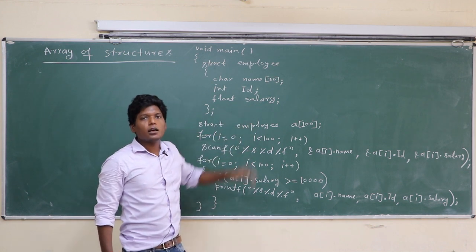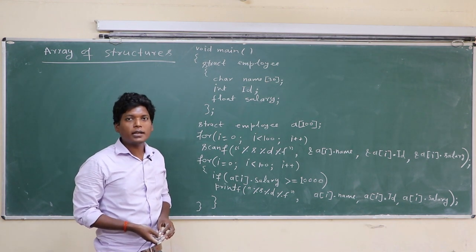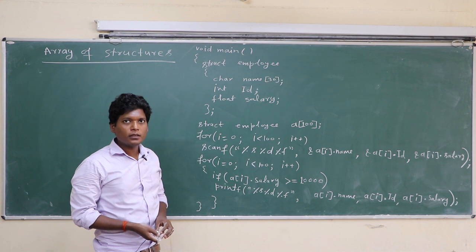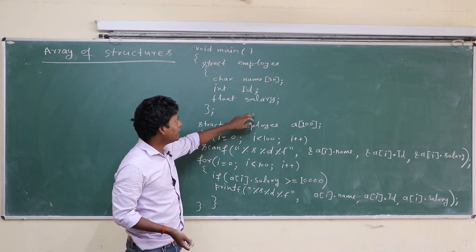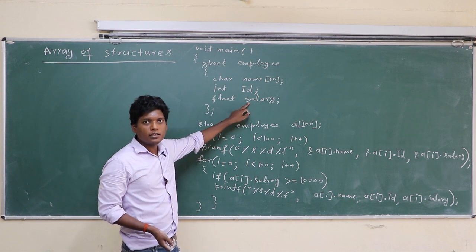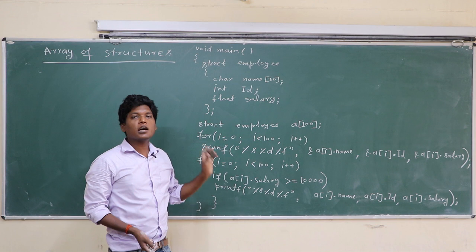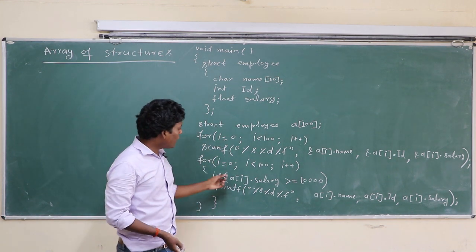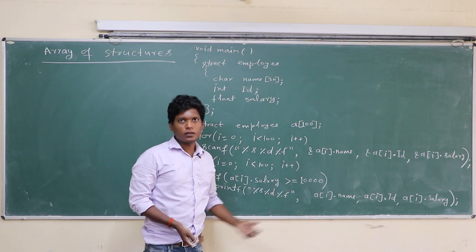Once again class, write a program in C to input the details of 100 employees and print the details of those who have salary greater than 10,000 per month. Okay class,